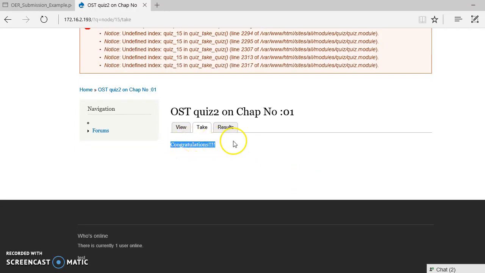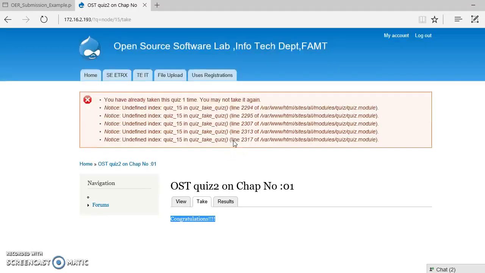Okay, in the next video I will show you how to create a quiz and how to create the users so that users can appear for the online quiz. So this is how Drupal can be used for various purposes, and this is only a little, very little of its components. Whatever I have shown you, Drupal is much more than this.